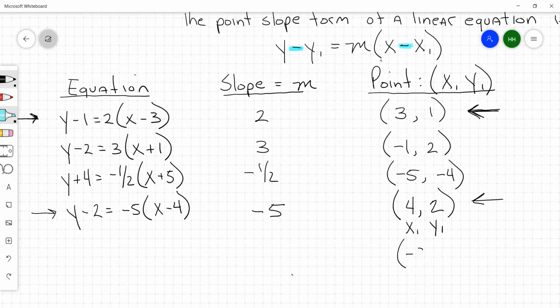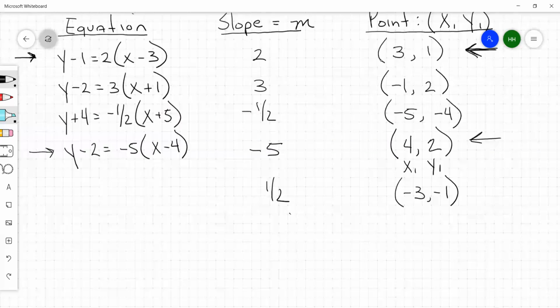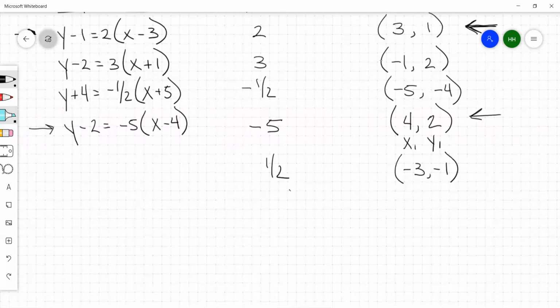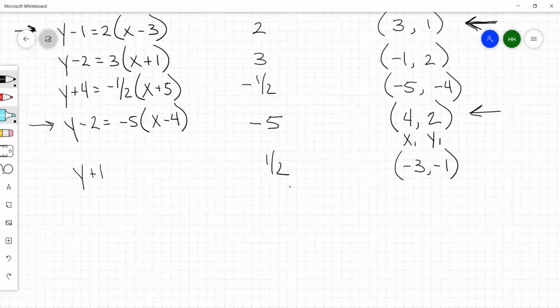Let's do a -3, -1, and we'll do a slope of a half. And then anybody want to take a stab at it? I'll go first. Y. Then what? +1. Good. Equals. What is it equals? Half. Left parenthesis, letter x, and then what? +3. Good. Better? Up and down for yes, left to right for no. Better? Anybody need to see another one? Good. Up and down for yes, left to right for no. Good. Okay, so now